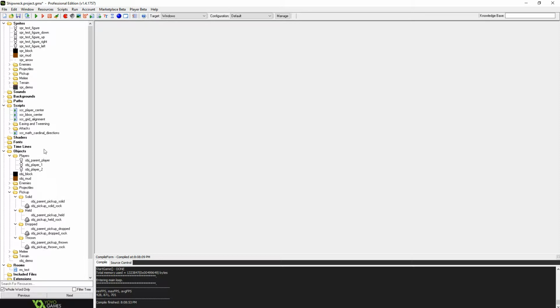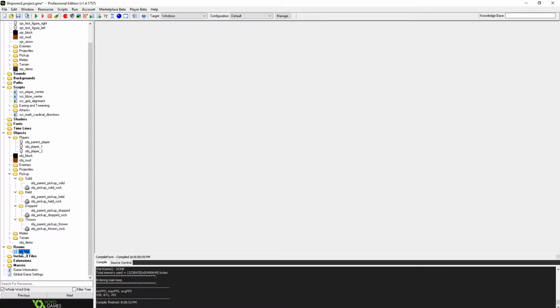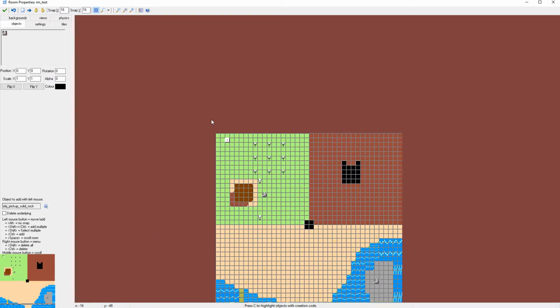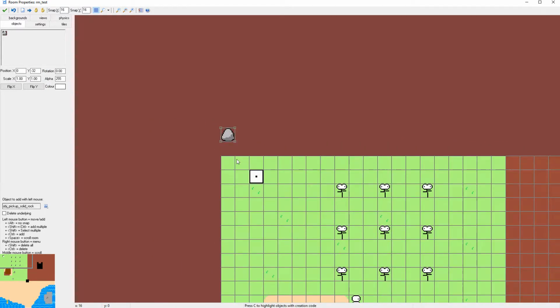So what I'd like to test now is see exactly whether or not GameMaker is able to handle something real quick. I know what I'll do. I'm gonna put a rock. It's just gonna be... Where is it? Not terrain. Pickup, there we go. I'm gonna put a rock right here. Okay. Now,